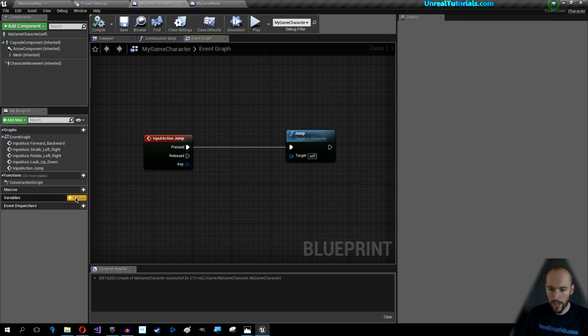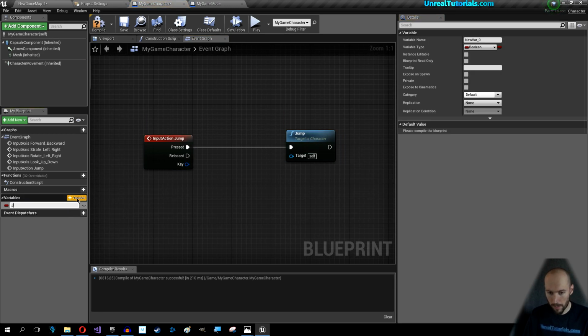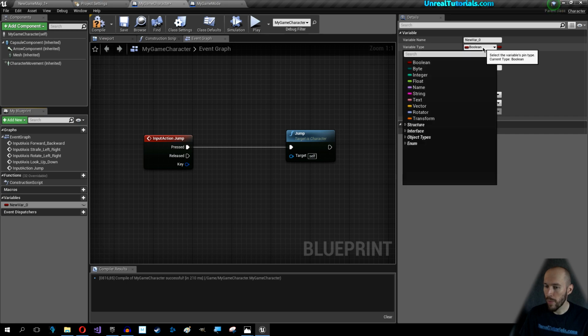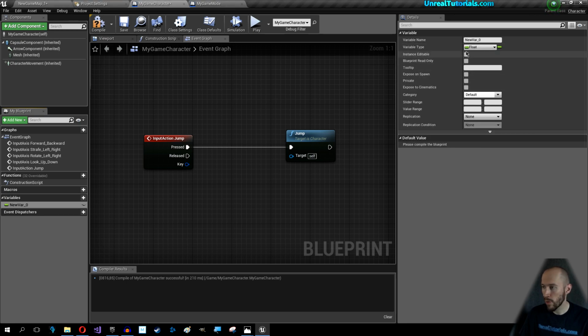So let's create a variable and we will call this jump height, and we will make it a float. Let's rename that once more, jump height, then compile,